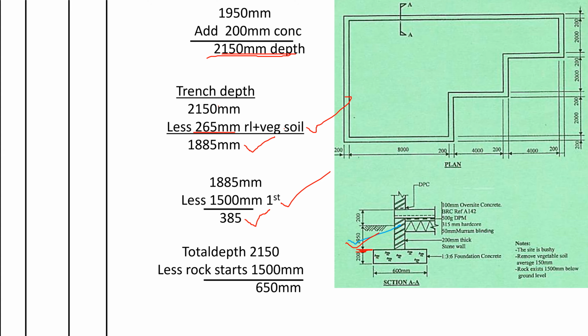Now the rock, we are told that it starts 1500 millimeters from the ground. What is the depth that we're excavating from the ground? It is this 2150. So if the total depth of excavation is 2150 and the rock starts 1500 millimeters from the ground, the total depth of the rock that we shall excavate is 650 millimeters. Okay, so